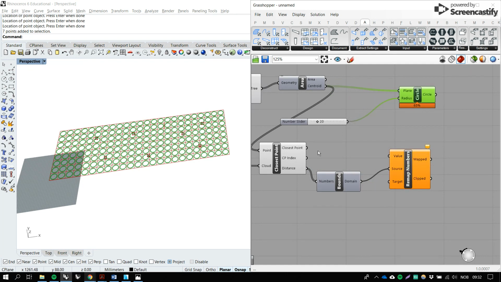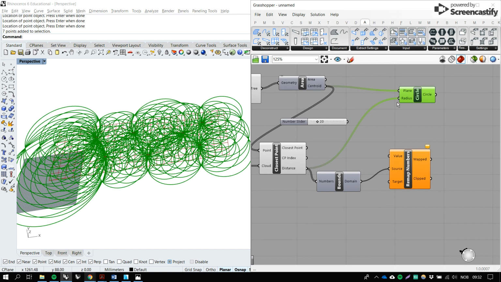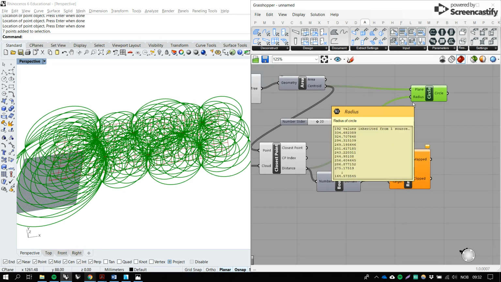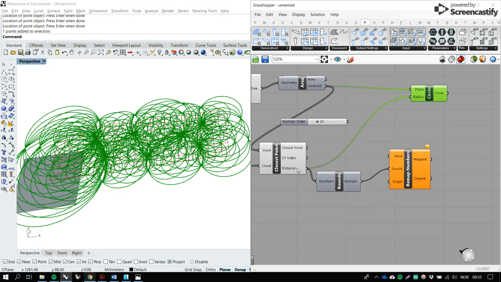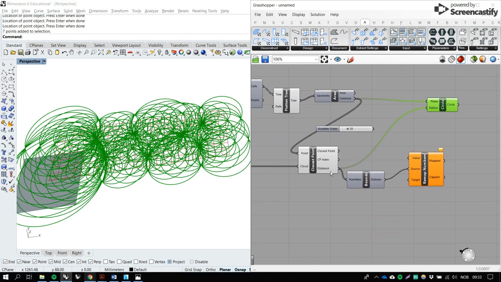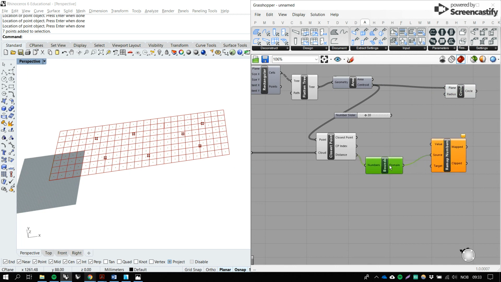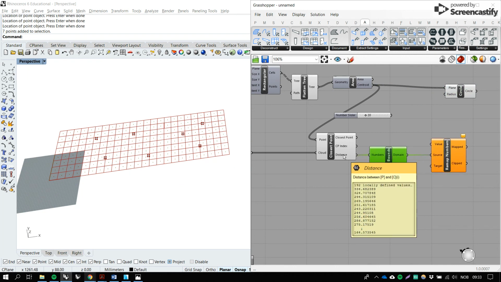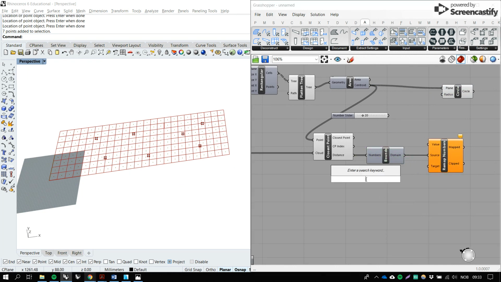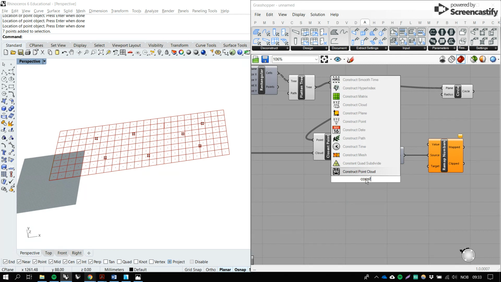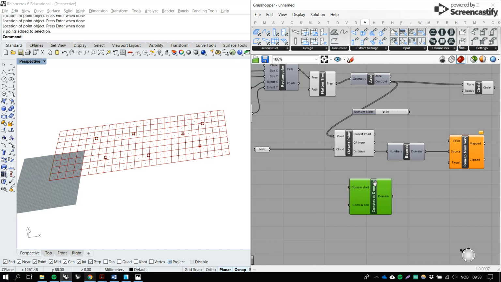And I want to remap all these numbers to become my new radius. If I put them directly into the radius, I will get a lot of numbers which are too big. So I want to now make the largest one into a size that fits my setup. So I want to remap these distances into a new radius. I will use construct domain, and then